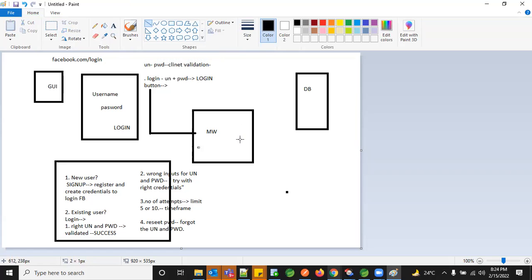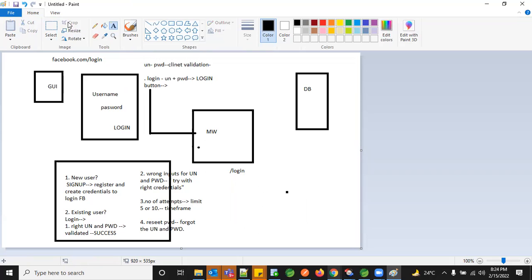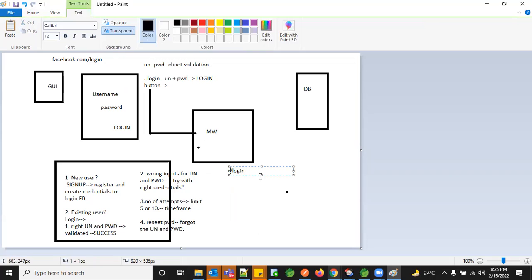So how do we hit the middleware system? Make sure you understand the flow, because once we start doing web applications, we need to get this idea. In the web application flow, we have login as an endpoint. I'm giving /login because you're giving /login here. So I have a control here as /login. Now when the user comes in, what are the inputs I need as part of the /login? I need the username. Let's say the username is a string, and I have a string password.